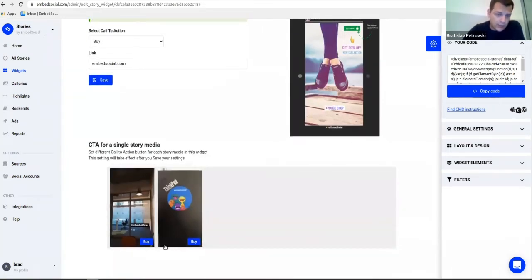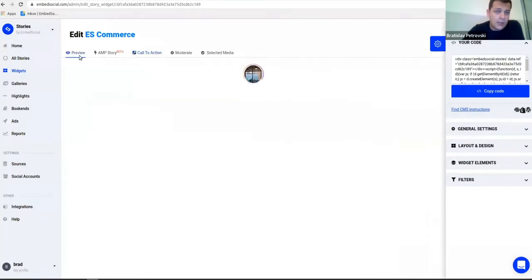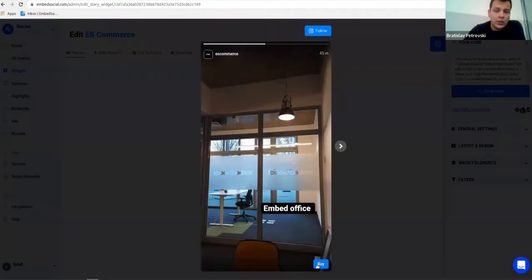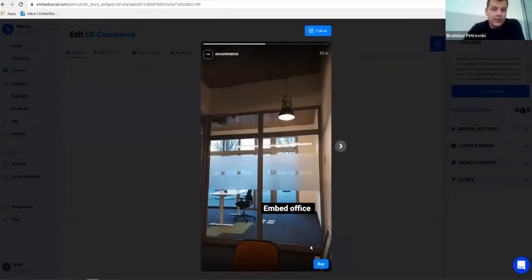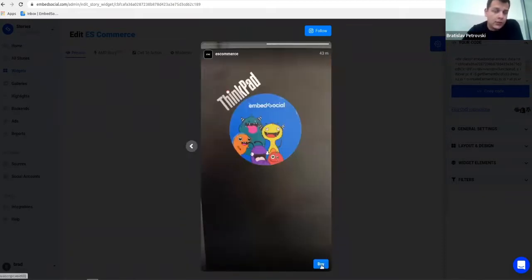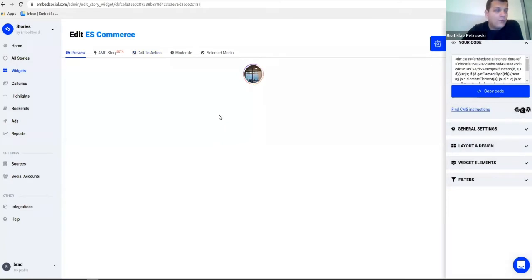So you can see in the bottom left corner, in the preview, when you click on the circle, here's the buy button. Basically in the bottom right corner, whenever somebody, maybe again, it's a product or service, can click on the buy button and be redirected to your shop page. That's a very cool feature for referring people to go to your links, your websites, whatever it is you want